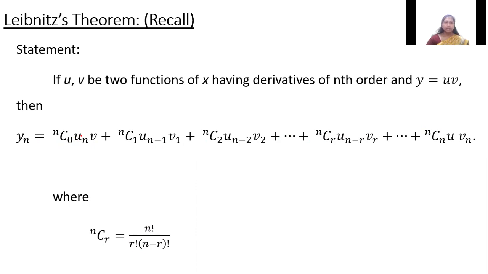And you can see that this is starting from nC0 and ending with nCn. Okay, so 0 till n. So there are n plus 1 terms. And the terms, first term un, it keeps on decreasing the n value. You can see the coefficient suffix over there n, then it is coming n minus 1. It is decreasing till it reaches the function u itself. And v, the second term, keeps on being differentiated. We are keeping on differentiating that v, we get v1, v2, etc. till vn.